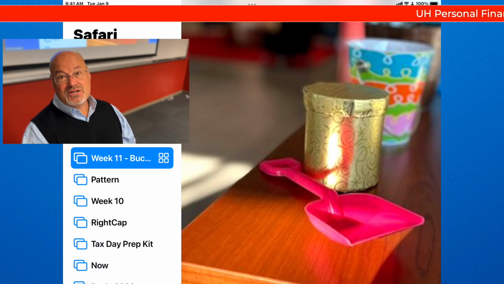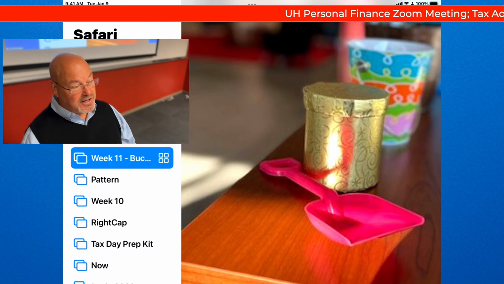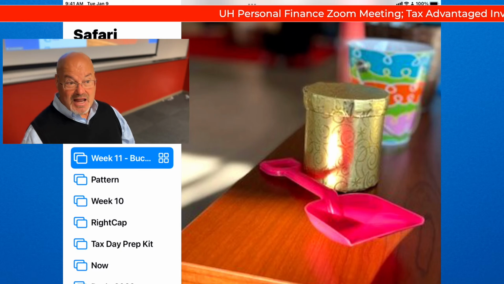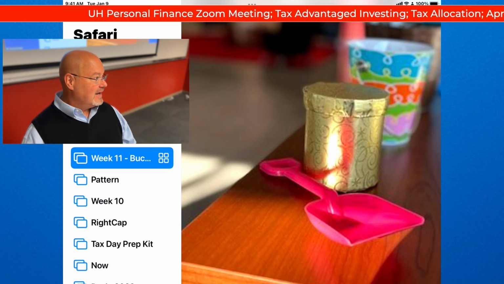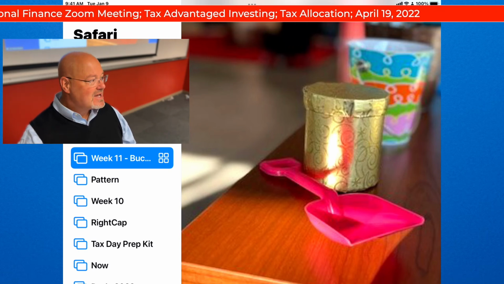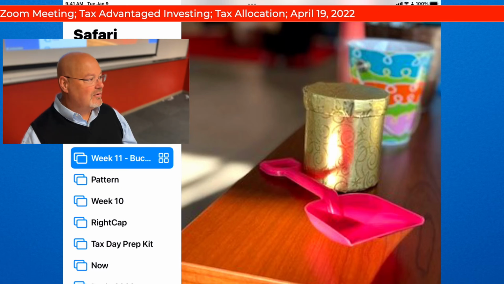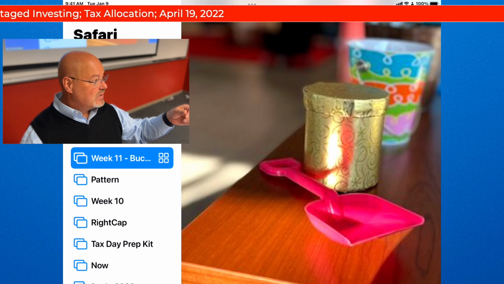Another thing I'm just going to mention, again, this is beyond the scope. You don't need to know this for the quiz, but it's kind of interesting to know there's a thing called a backdoor Roth IRA and another thing called a mega backdoor Roth IRA. And here's how it works. It's for wealthy people, people that make too much money. And you're going to learn this week that